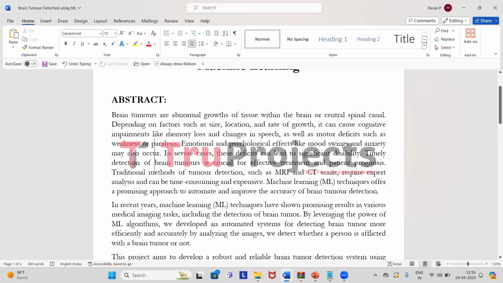If a person has a brain tumor, it can cause different kinds of problems depending on where the tumor is. For example, it might make it hard for them to remember things. That means the person gets memory loss and can't speak properly, or some may even get paralyzed. On top of that, brain tumors can also affect a person's emotions, making them feel anxious or depressed. In severe cases, these problems can be really serious, making it difficult for someone to do everyday things like walking